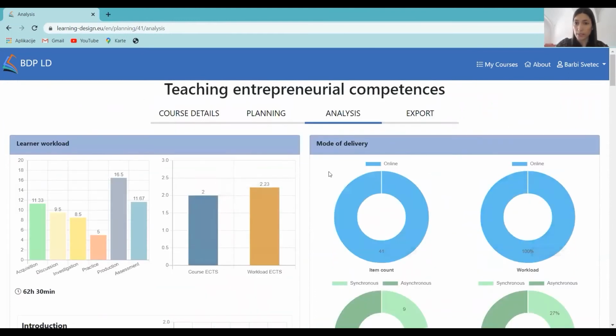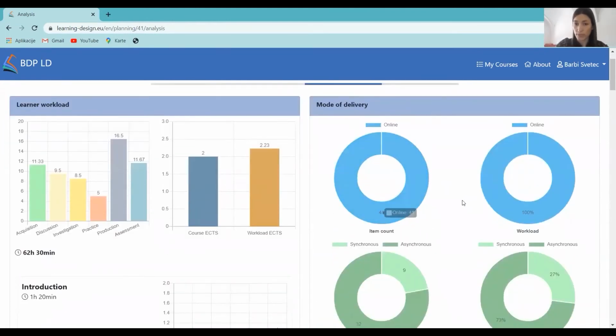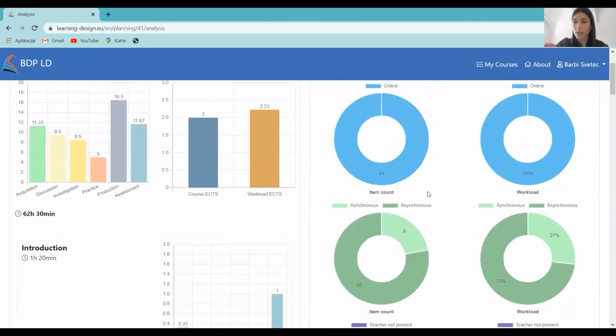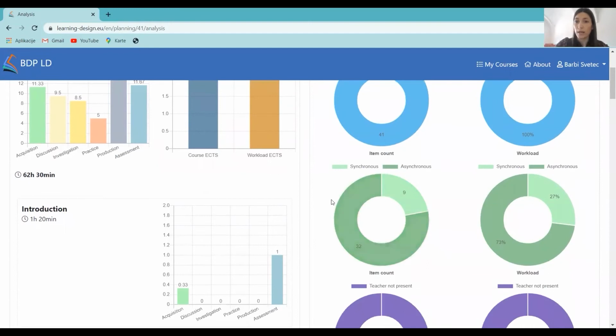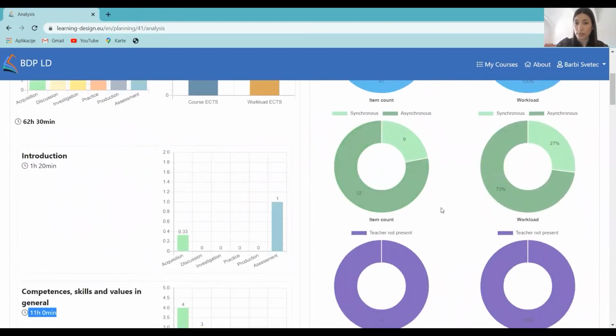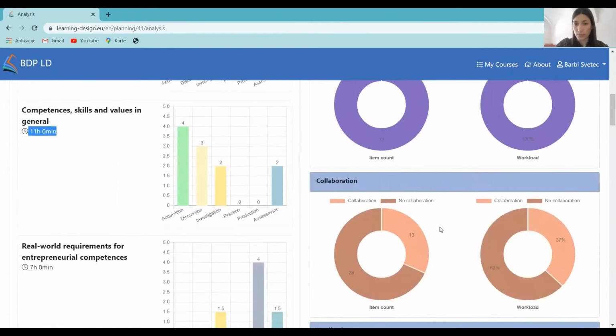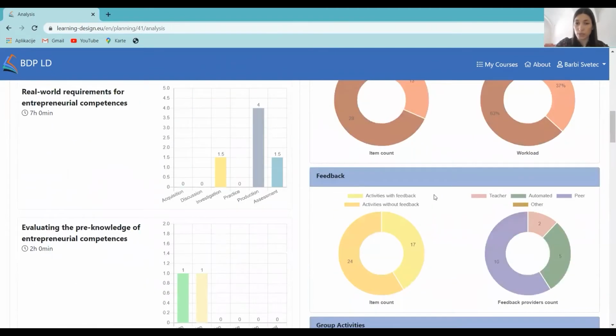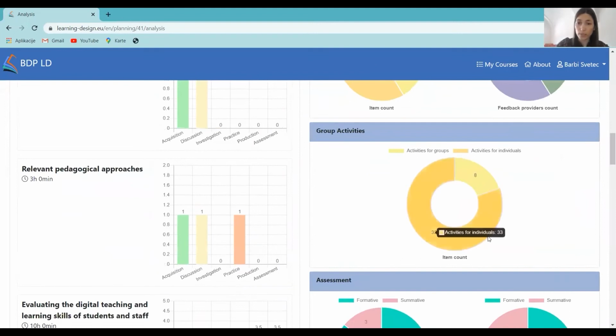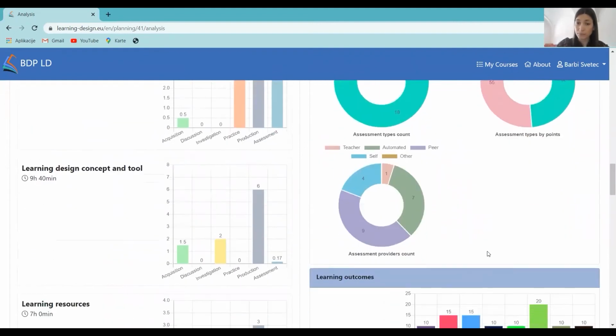So you can analyze the modes of delivery, how much is done online, how much is done on site or in other modes, how much is done synchronously and asynchronously, and is the teacher present or not present. You can also analyze collaboration, feedback, group activities, assessment.